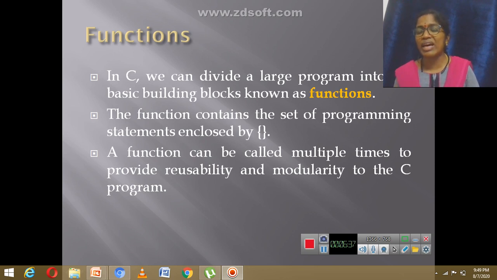Normally, if I don't have the functions concept, suppose the search function has some 15 lines of code. Each time, whenever I want to search an element out of the given set of elements, I have to write those 15 lines again and again.